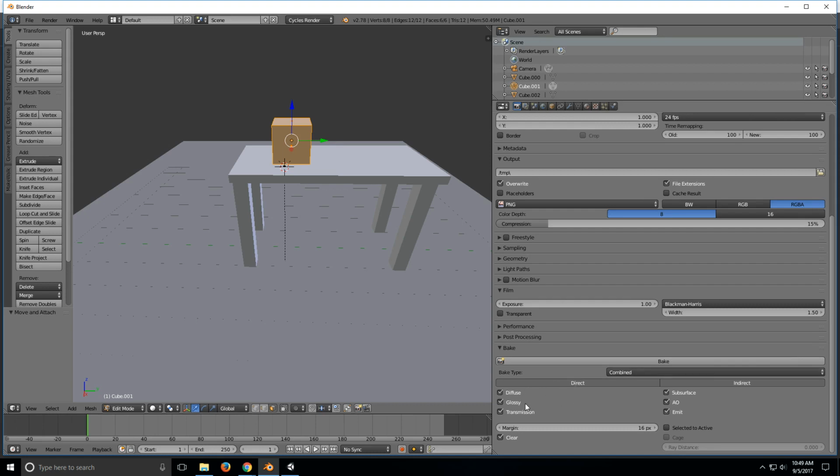Basically, you want to do what it says: combined. Now here's the thing: if you're just doing this for Blender and then you're going to reuse that texture for Blender, you're going to want all these checked on combined, because that's going to make it look identical, which is obviously what you want, because you're going to be reusing it in Blender. But if you're going to be doing it for Unity or something, you don't want it to